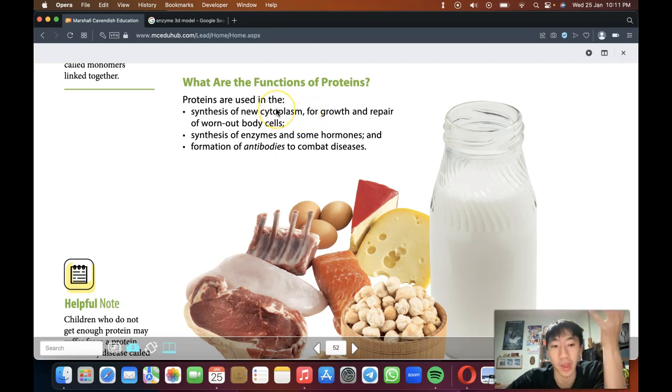Oh yeah, cytoplasm and your protoplasm also. Your proteins are important to make enzymes. The majority of enzymes are actually made from proteins. Some hormones are made from protein, but other hormones can be made from other things also. Okay, so yeah,